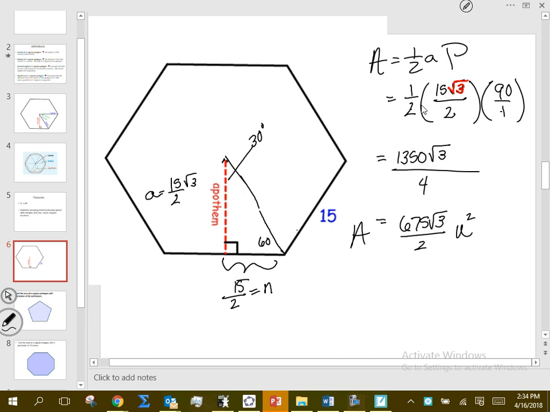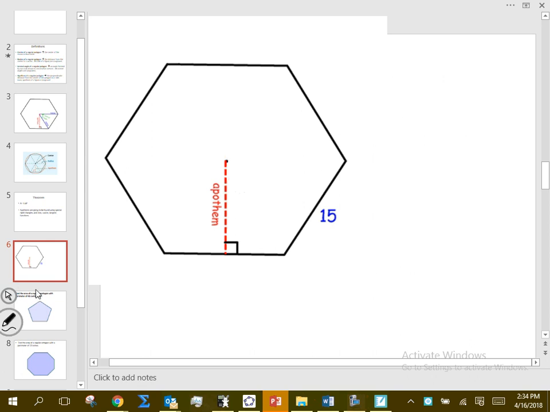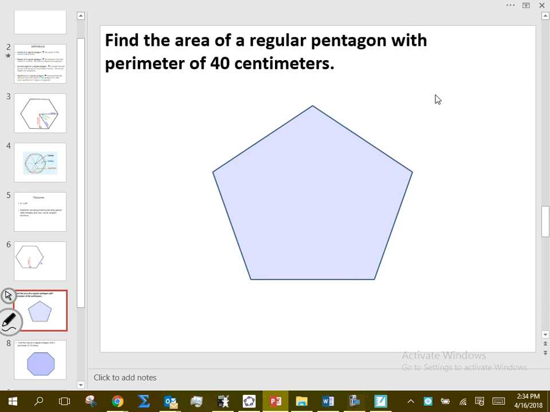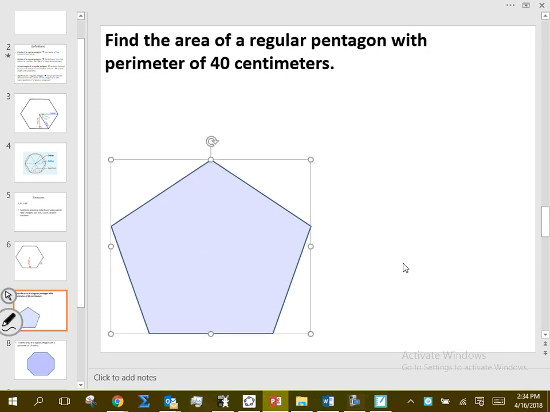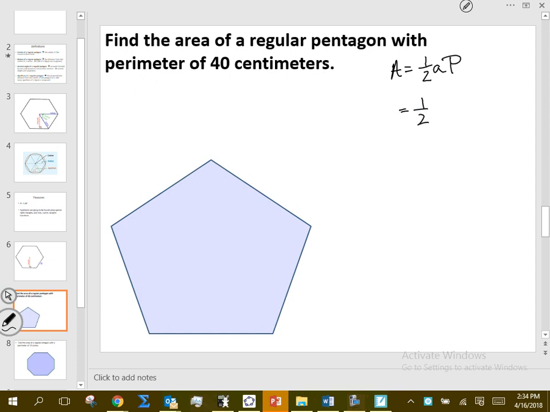All right, so let's quickly go through another example. It's a different shape, right? Yes. Same exact formula. Area equals 1/2 lowercase a capital P. Do we know one of those things? Yes. My apothem I don't know, but my perimeter is 40. And because I know these are all going to be fractions, I just always write my perimeter over 1. That's smart. All right, so going through this then,